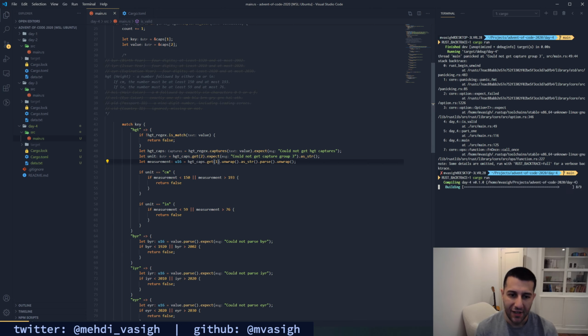Yeah, it is. I think it is, yeah, so it was an off by 1 error. There we go. So I was using capture group 3. We should have a maximum of 3 groups, but it is 0 indexed. So index 0 is going to be the entire string, which is the classic off by 1 error. 1 is going to be the measurement, and 2 is going to be the unit.